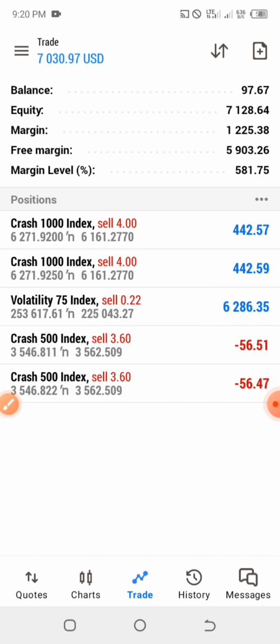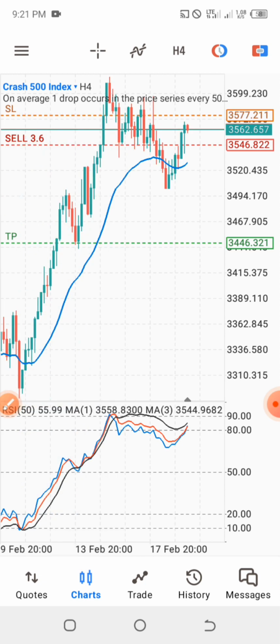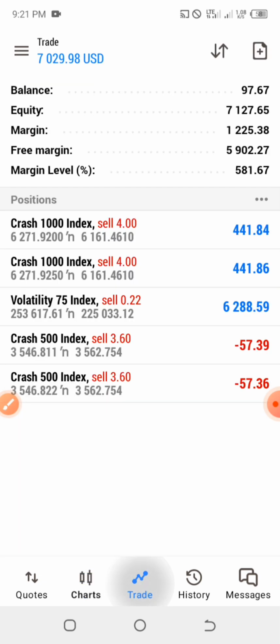You may wonder how we were able to open this type of lot size with this trade right here. You can see we already took a trade on the VIX 75, and it had been running to like $100 plus before we took the Crash 1000 trades. So with the profit that we made on the VIX 75, it gives us a higher chance of opening multiple positions. That's why we are here. And again, you can see we have some loss on the Crash 500, which has almost reached our stop loss, and we are okay with that because we have already made crazy money with this strategy.